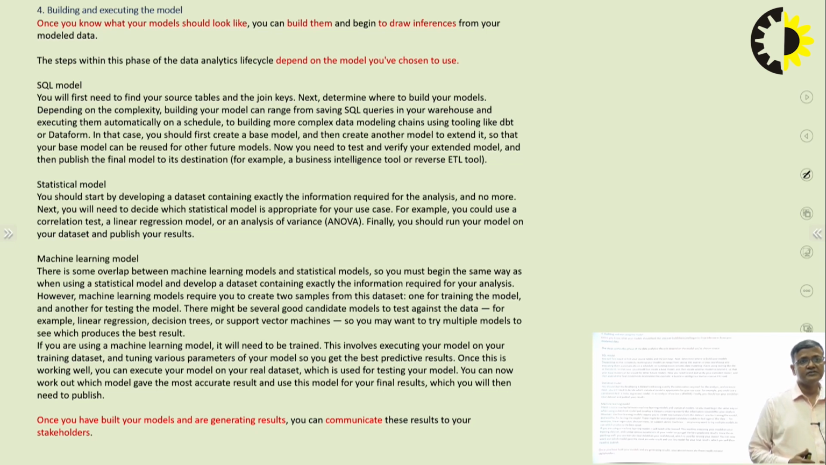And after doing so, you have to create another model to extend it so that your base model can be reused for other future models. So your base model will be either your saved SQL queries or a complex data modeling chain, and then you will have to extend your base model to another model so that it can be used for future models. Now you need to test and verify your extended model